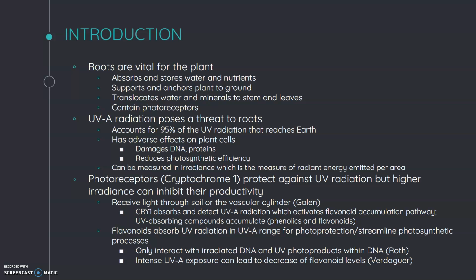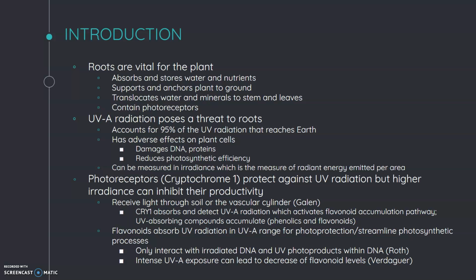The threat, however, to these roots, among others, is the UVA radiation, which accounts for 95% of the UV radiation that reaches the Earth's surface, as it is able to pass through the ozone layer. It's detrimental because it's able to damage DNA and proteins of the plant cells, and it often reduces photosynthetic efficiency. In my experiment, I'll be measuring UVA radiation through irradiance, which is essentially the measure of radiant